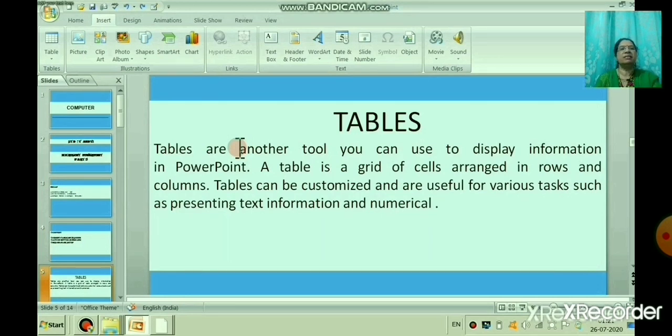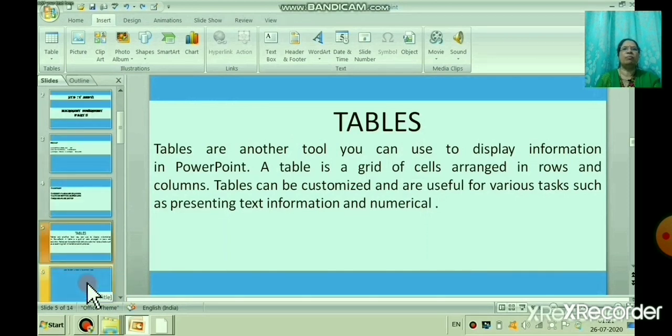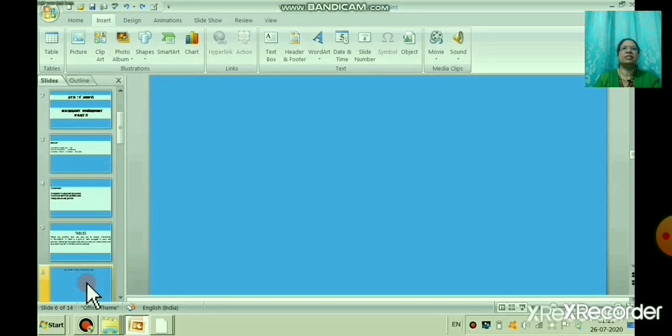Tables can be customized and are useful for various tasks such as presenting text, information and numerical data. A table is an arrangement of data in rows and columns or possibly in more complex structures. Tables are widely used in communication, research and data analysis.